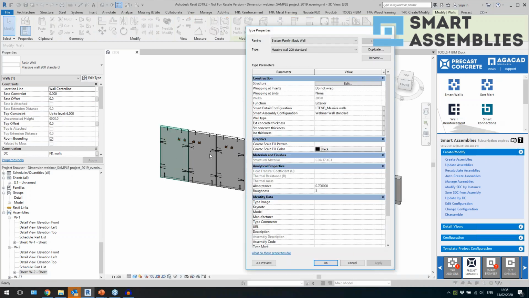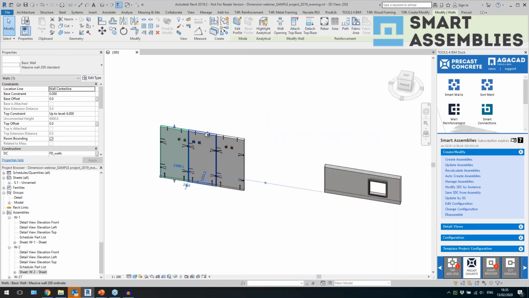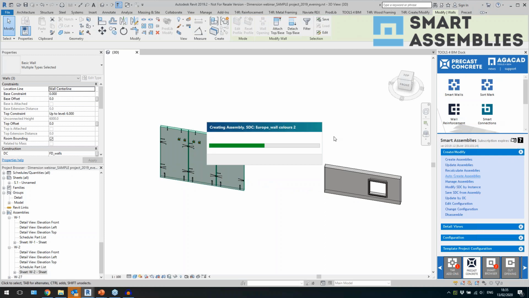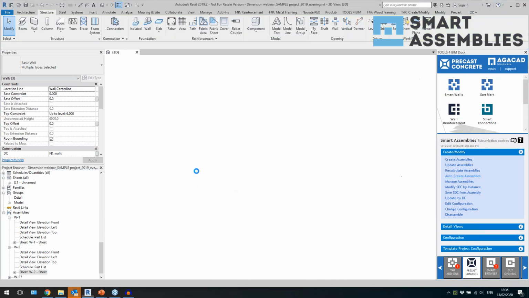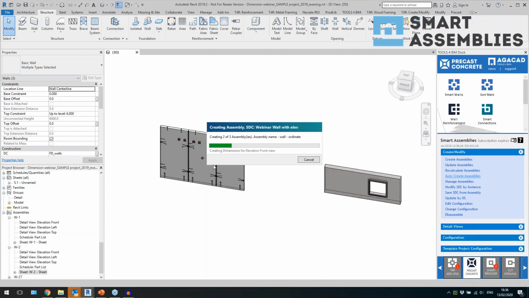So what you can do is you have here Smart Assembly configuration. When you start using Smart Assemblies, it will add this parameter to your project. So you can type in the name of the configuration which you want to use here, and then you can use this auto create command. When I click on auto create, it will take a look at the wall. It will read the name of the configuration which should be used, right? And then it will run that configuration on that wall type actually, because that one is a wall type